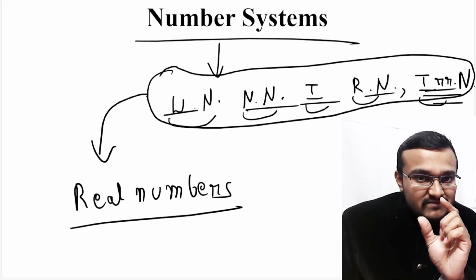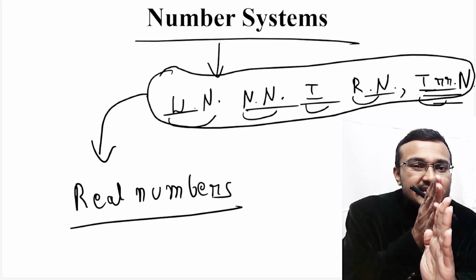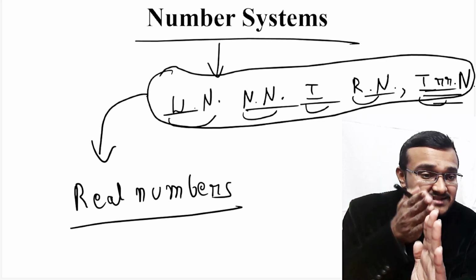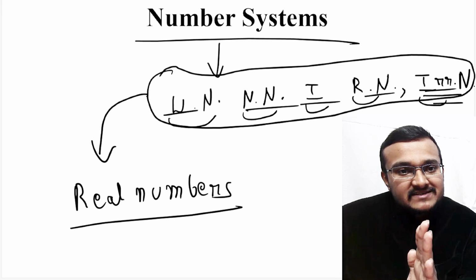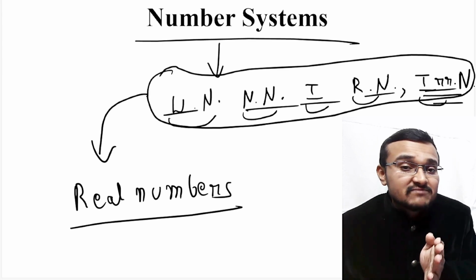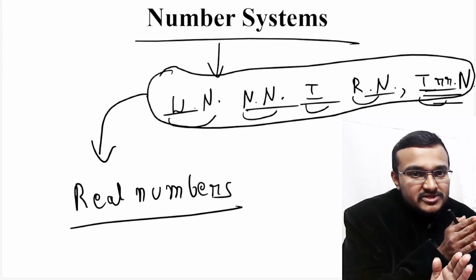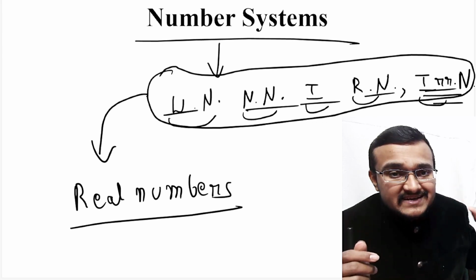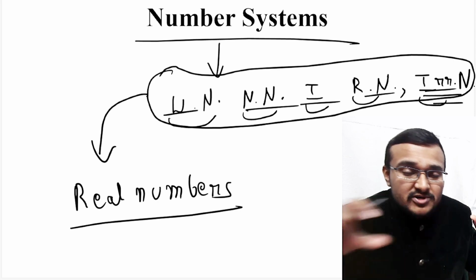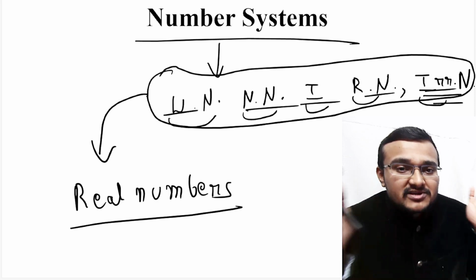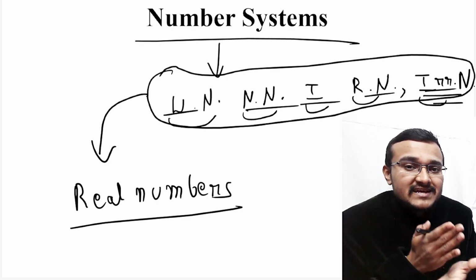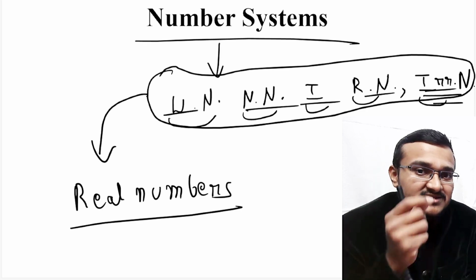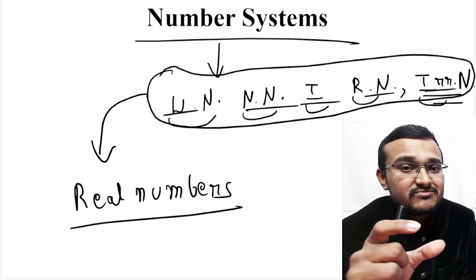So the set of natural numbers starts from 1, only the positive values on the number line, and the numbers 1, 2, 3, 4, 5, 6 go up to infinity. All these numbers are known as natural numbers. If you put 0 in this set, then that set will be known as whole numbers. If you add all the negative parts of the natural numbers, then that set can be known as integers. And if you are expressing any number in the form p by q, where p and q are integers and q is not equal to 0, then such numbers are known as